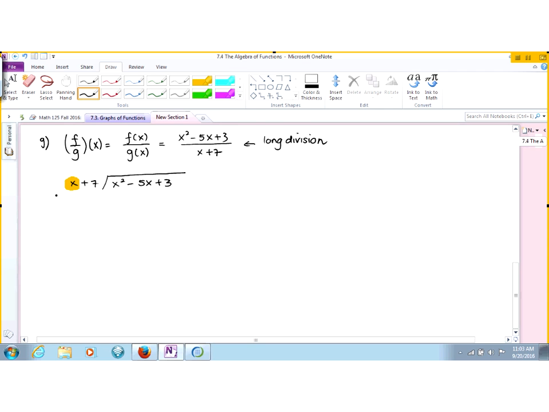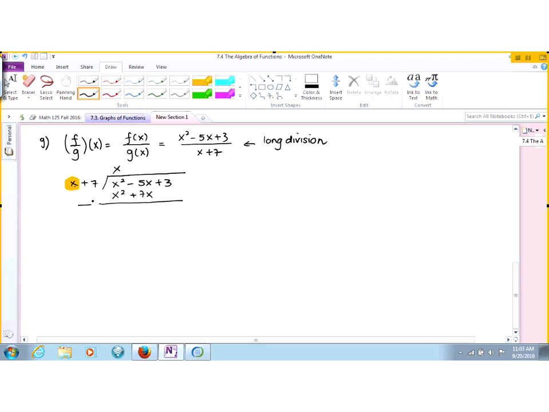What is x squared divided by x? x. Now we are going to multiply. What is x times x plus 7? That's right. So first we have x squared divided by x. So x squared divided by x is x. Now we multiply x times x plus 7, x squared plus 7x. And then we